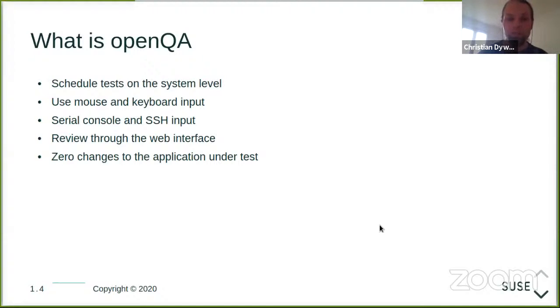What's special about openQA is that it very much tries to cover the use cases of human interaction. So think of using your mouse to click something, to left click, right click, double click, using your keyboard to type something.